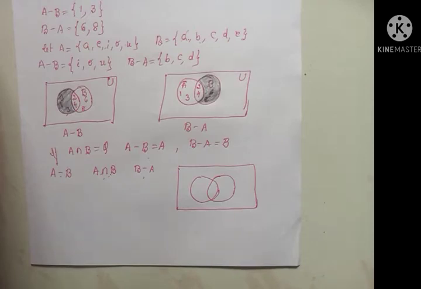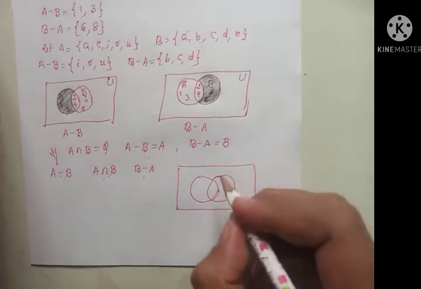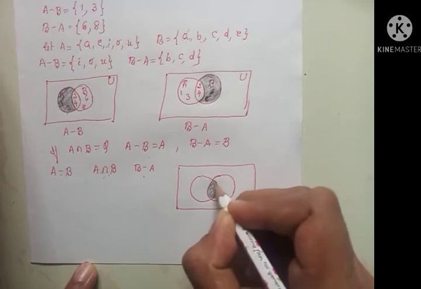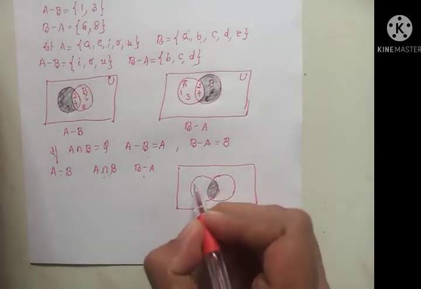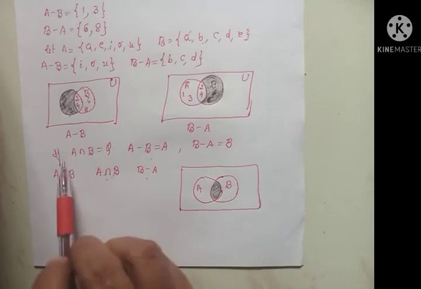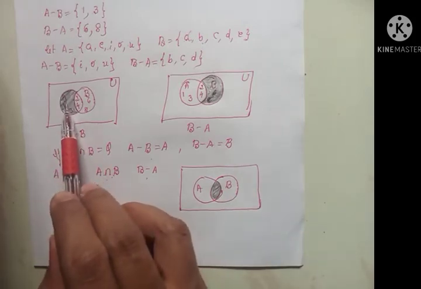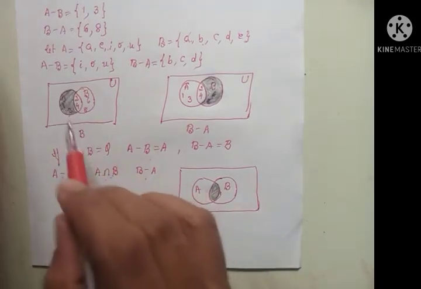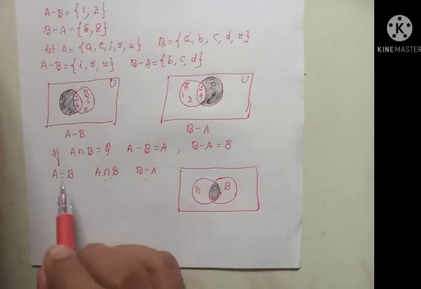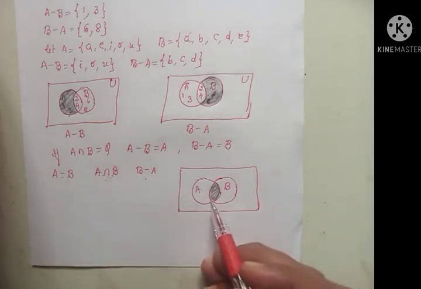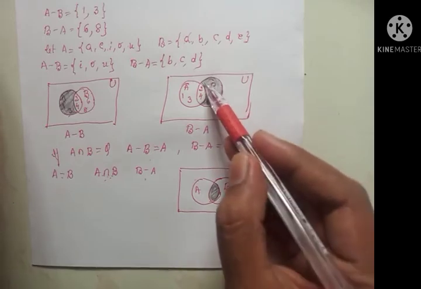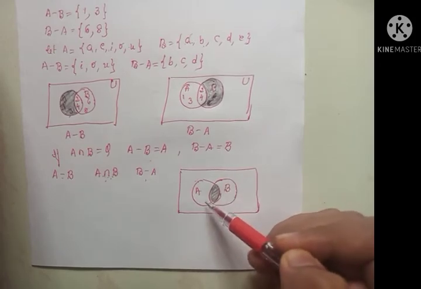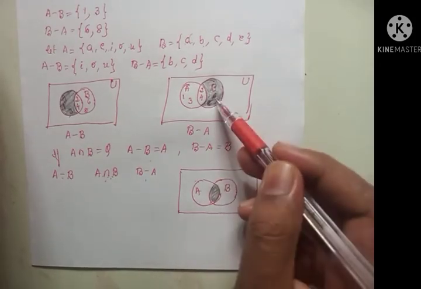You know that A intersection B is the common region. This portion, isn't it? So this is the Venn diagram of A intersection B. This is A and this is B. A minus B means the left side portion. A intersection B means the middle portion. Is there any region common between these two? No. Therefore, the intersection of these two is empty. Similarly, B minus A means only the right portion, and A intersection B means the middle portion. So there is no element common between these two.